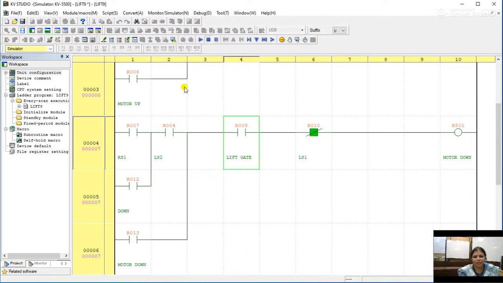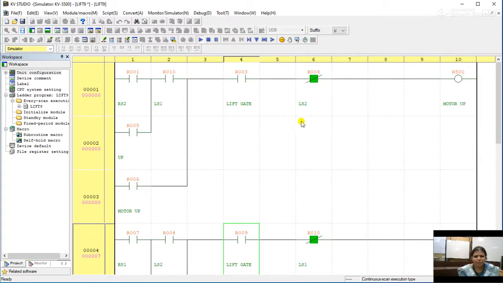So we simulated it. Let us run it. Now I am pressing the lift gate.